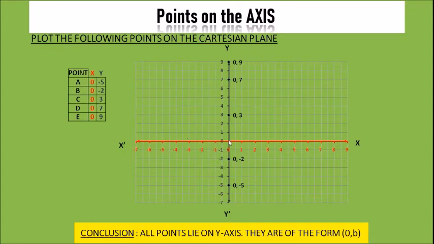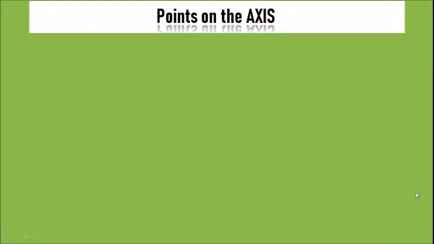Now, interestingly, this particular point, which is the intersection of the x-axis and y-axis, will have the abscissa and ordinate both 0. That means this point will lie on x-axis as 0, 0, will lie on y-axis as 0, 0. Since it is the same location, we call this the origin. That is the intersection of the x-axis and the y-axis.